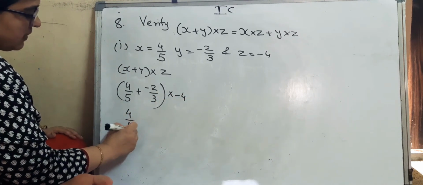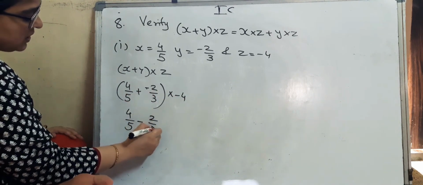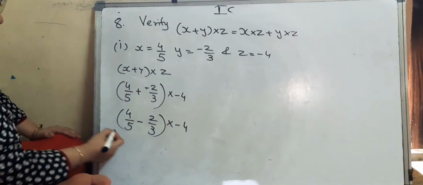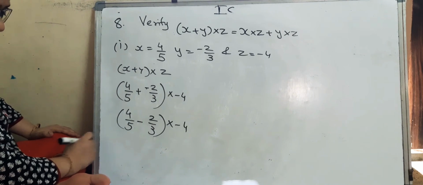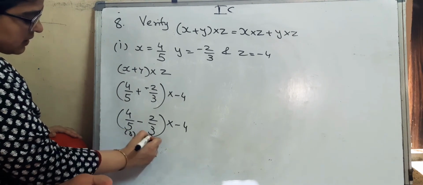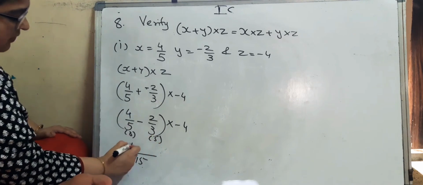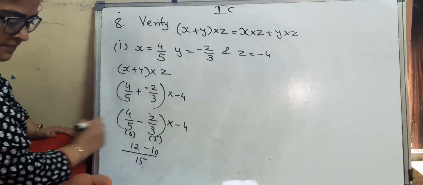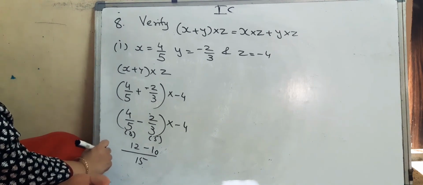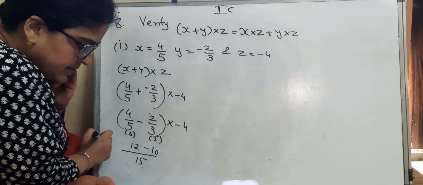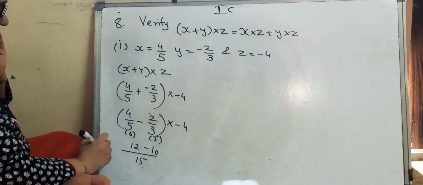The LCM of 5 and 3 is 15, right? 15 divided by 5 and 15 divided by 3. 3 fours are 12, 5 twos are 10. Minus 2 upon 3 and